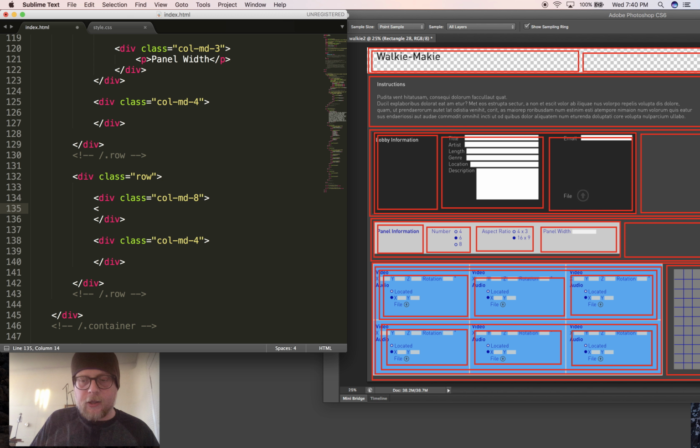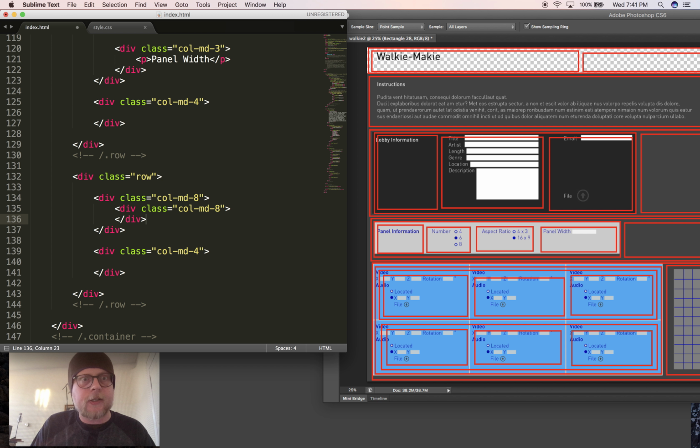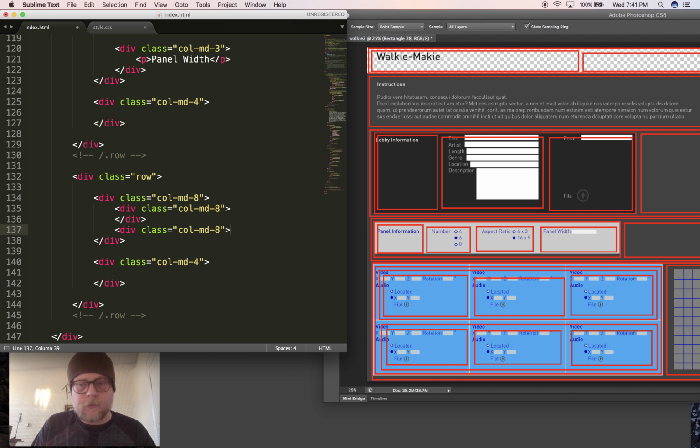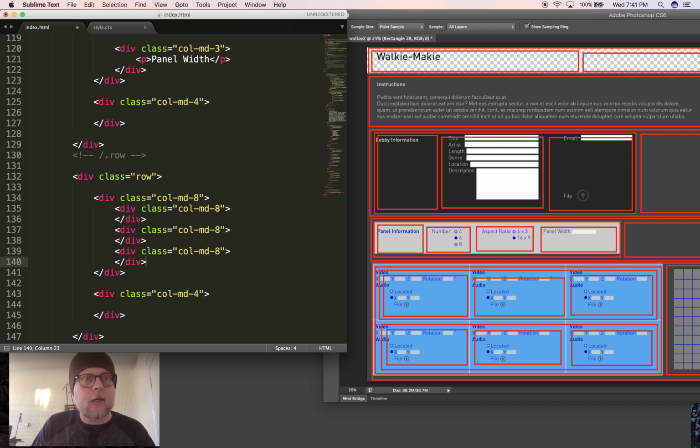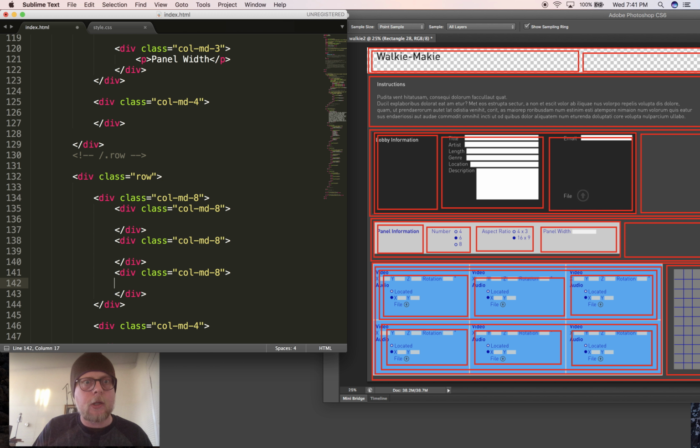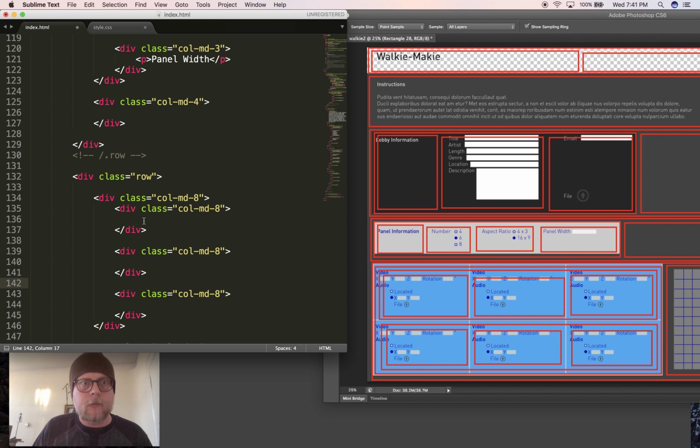So again, I'll have div class. In fact, I'll just copy and paste this again. We have 2 columns, but the first column has 3 things within it. So paste. In fact, I could have copied a closing tag here too, but I didn't. That's fine. So because there's 3 here, I can just